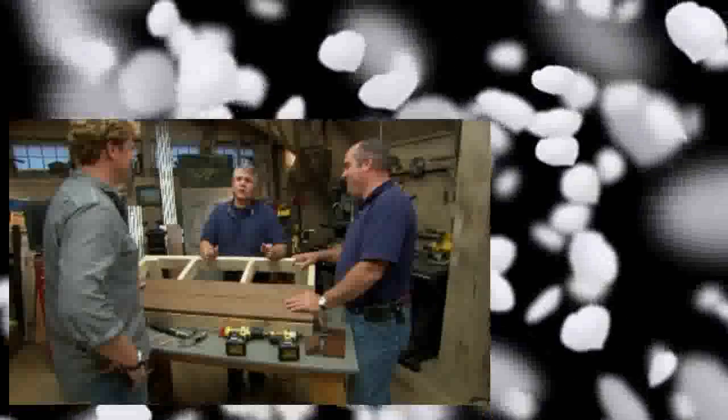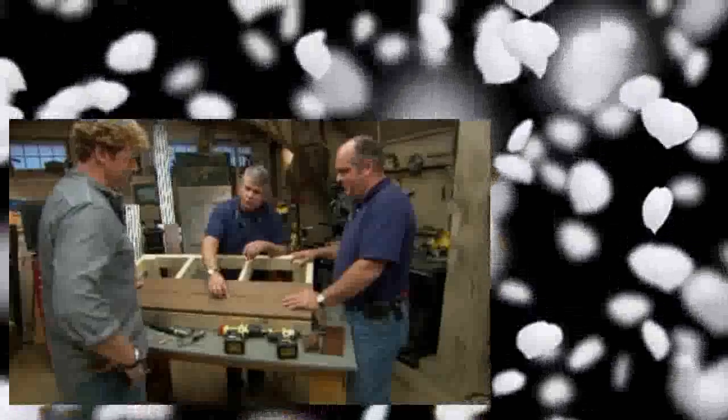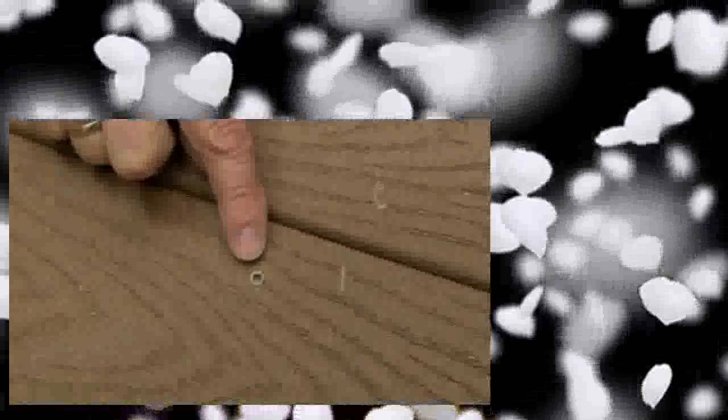But the most common way to install decking, most people use screws. Now you can face screw it with a color match screw, or you can use a screw that's going to drill a hole for a bung. So this is actually a special screw that actually overdrives. It comes with a bit that's got a little guide right here, and when you screw it in,